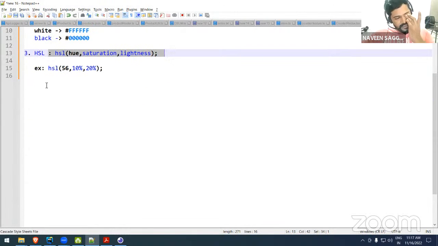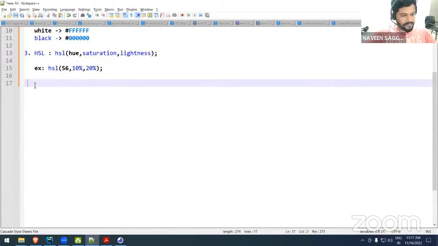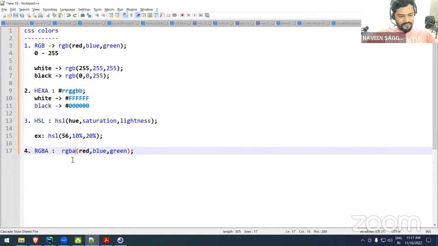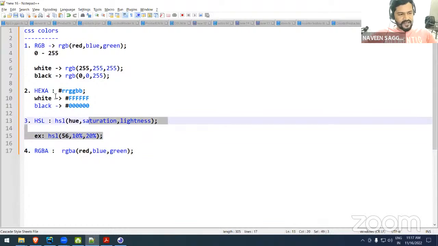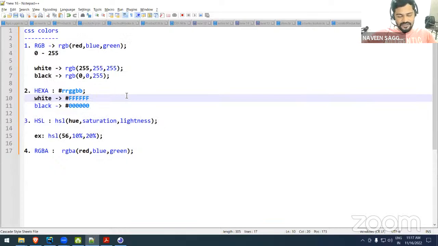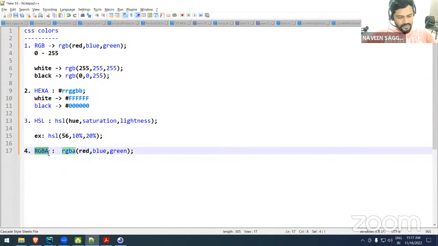And one more is there, the fourth one, RGBA. Same as RGB, with one extra, A, which stands for alpha. This is the syntax for RGBA. These others are non-transparent. Non-transparent means if you apply the color on an image, you can't see the image, you see only the color. If you want to apply some shade, like a black color shade on the image, transparent, then go with RGBA